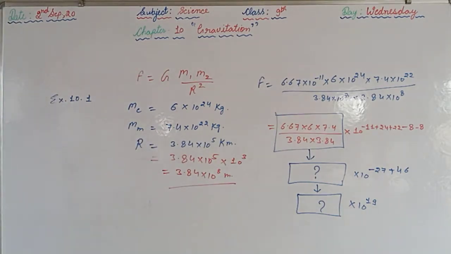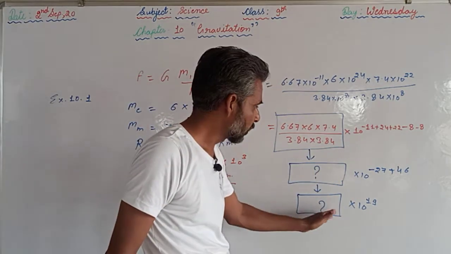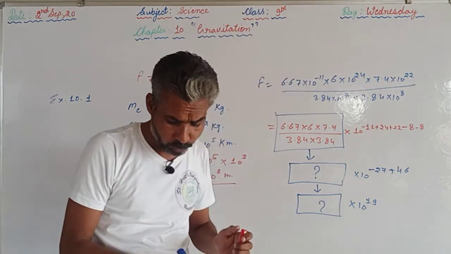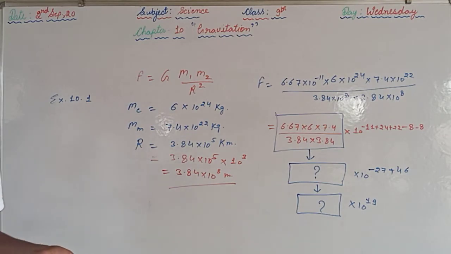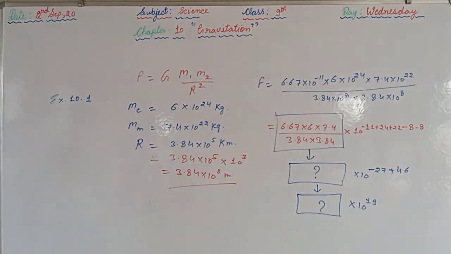Here it is 10 raised to power 20. Why? Because we can settle the decimal here also. Whatever value comes here, afterwards we can settle that answer. So like this we are supposed to proceed, and you are supposed to perform the calculations by yourself. So like this you can try the question. At the same time you should go through the examples which are given in between the chapter.